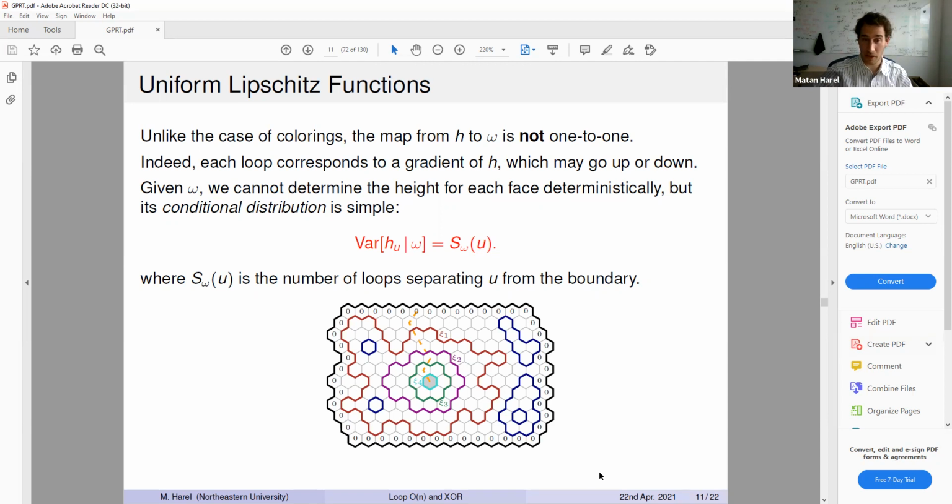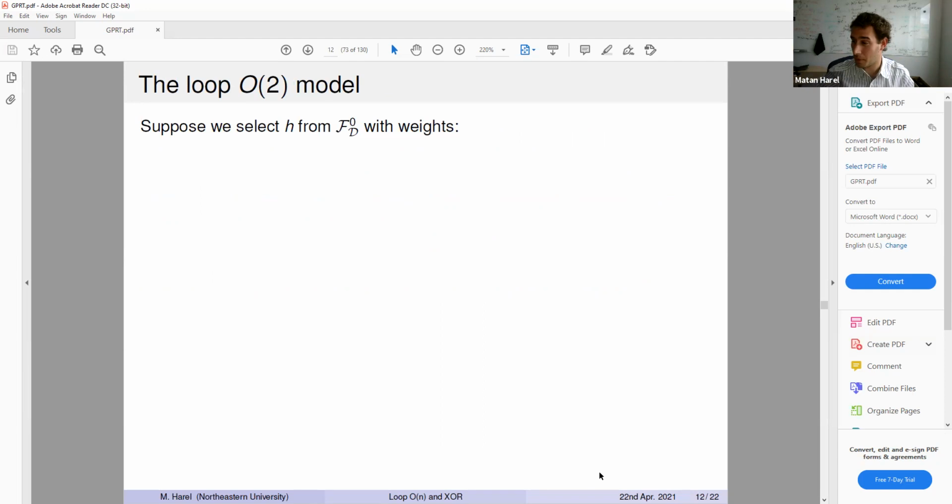Now, that's great, but in order to study the loop configuration, I need to know what the loops actually are. How do I actually sample the loops? And the idea is as follows. If I take a uniform map, I can do one thing, but I want to do it in greater generality,